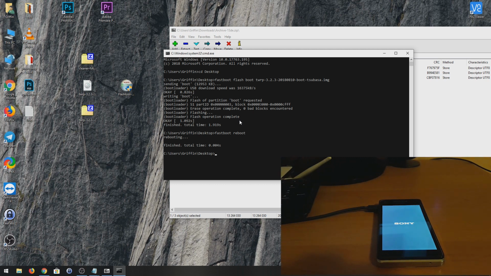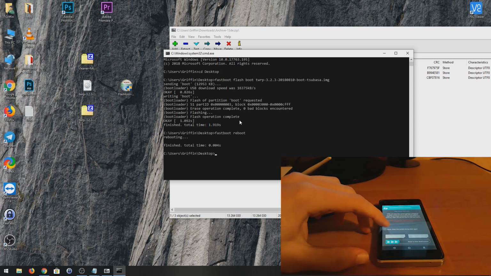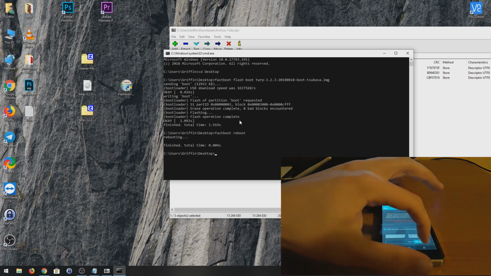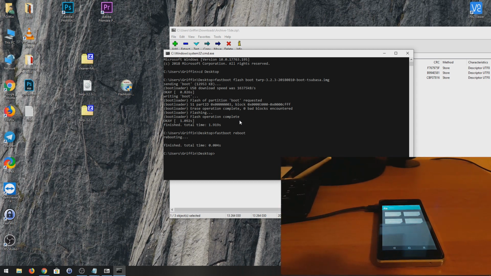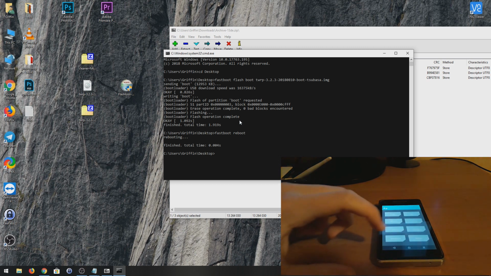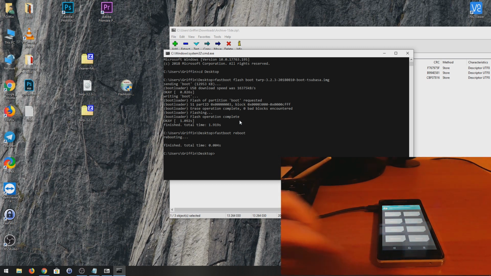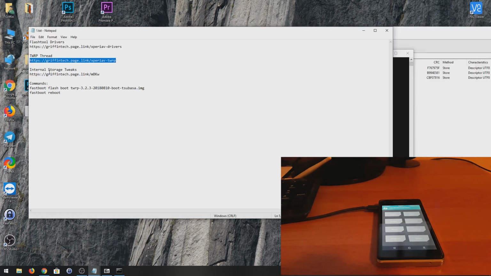As you can see, Sony, and there it is. So here click never show the screen during boot again and swipe to allow modifications. Now that we are in TWRP, the next thing that you need to do is open up the second link